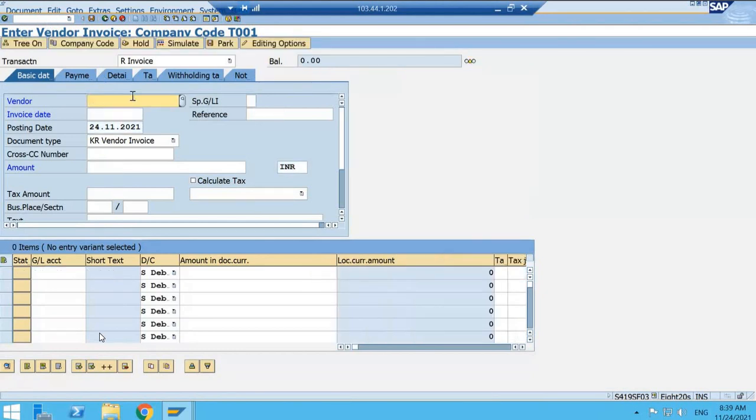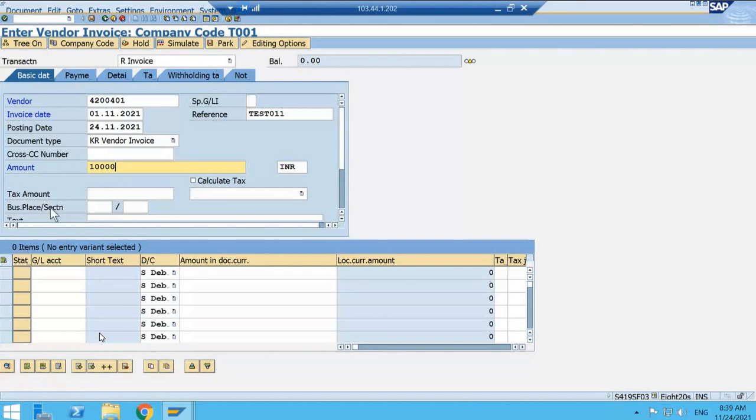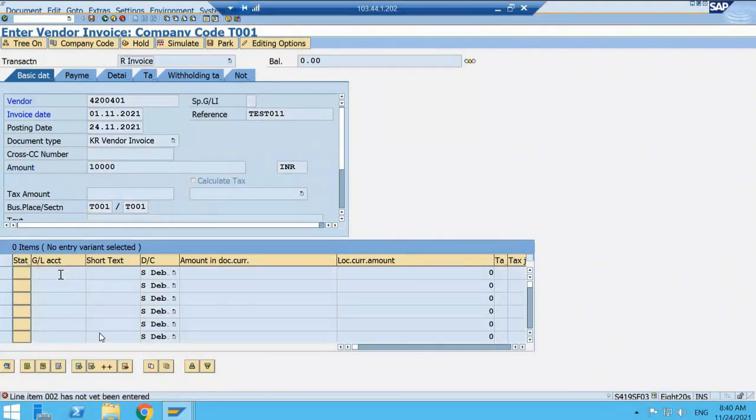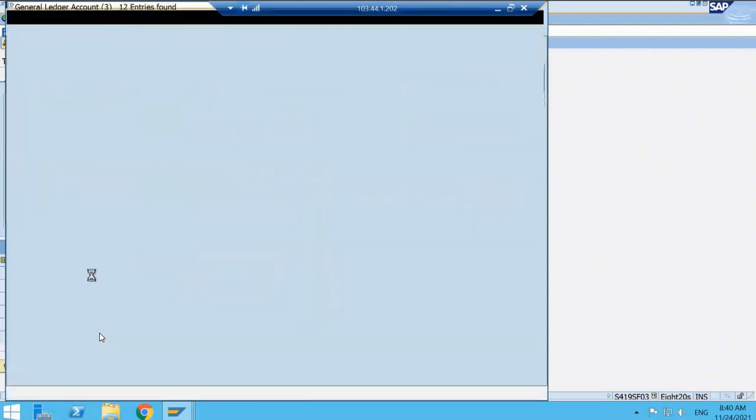FB60. Give your vendor, invoice date, reference, amount. Here you can see the business place and section. So what are the business place and section we defined? You have to always ensure that you enter these details. My business place is T001 and section code T001. We have to enter it here, and enter that GL account, rent,